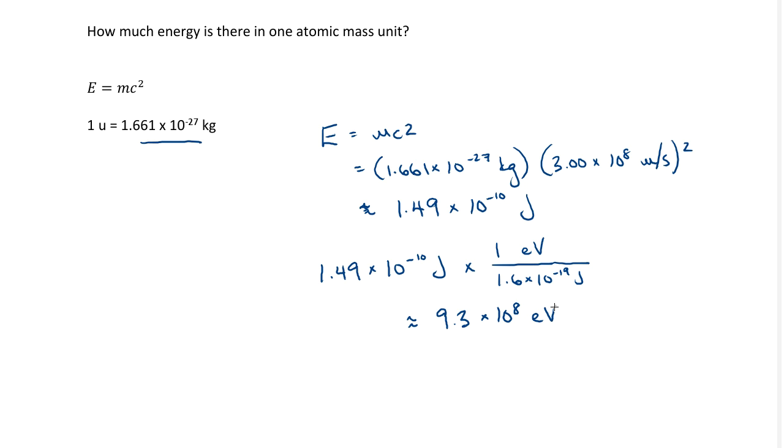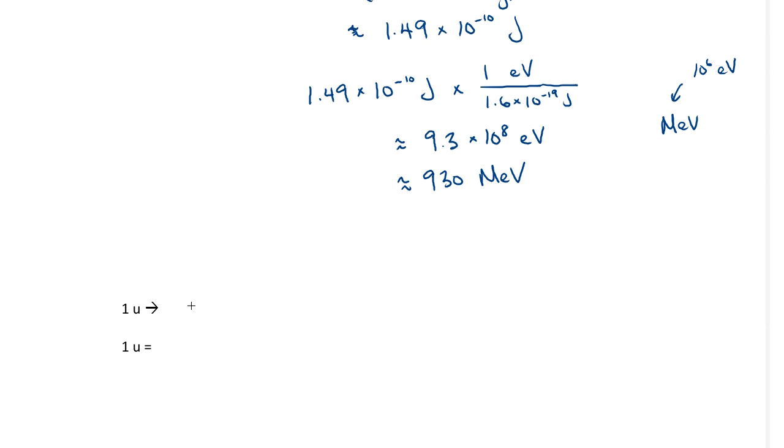8 electron volts. Now, this is a very big power of 10, so we can convert that to mega electron volts. A mega electron volt, that's a million electron volts, or 10 to the 6 electron volts. So this gives us approximately 930 mega electron volts. In other words, when one atomic mass unit is converted into energy, we get out 930 mega electron volts of energy. Now, we're actually going to use a slightly different number than that. You'll see slightly greater precision, where one atomic mass unit gives us